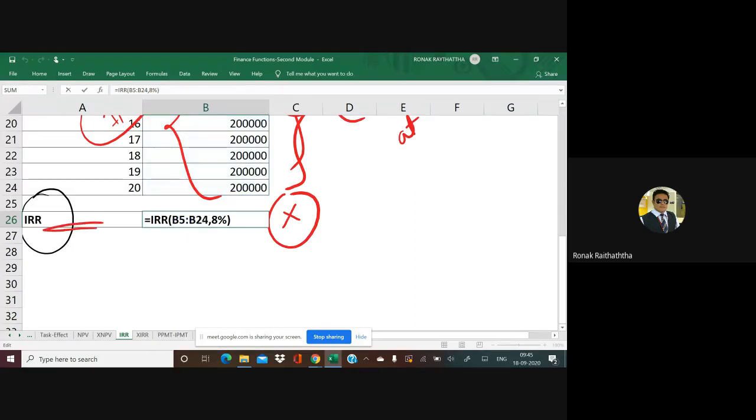But MIRR, that is the modified internal rate of return, says no to this practice. It says that you cannot treat cash inflows and outflows equally, in a similar manner. Cash outflows should be treated differently. Cash inflows should be treated differently. As far as cash outflow is concerned, which rate shall be applicable?